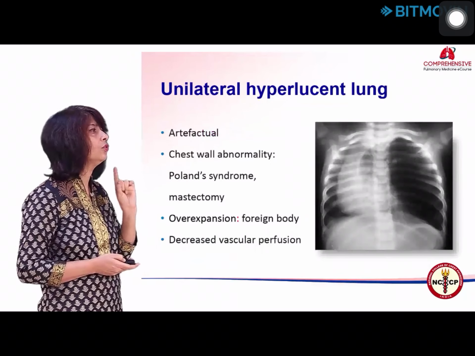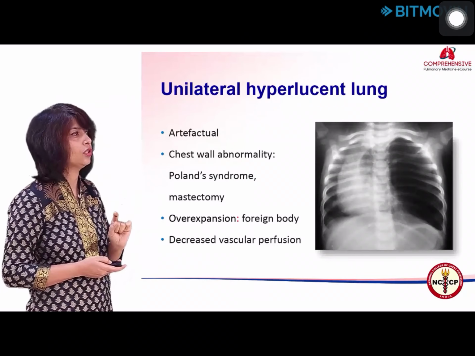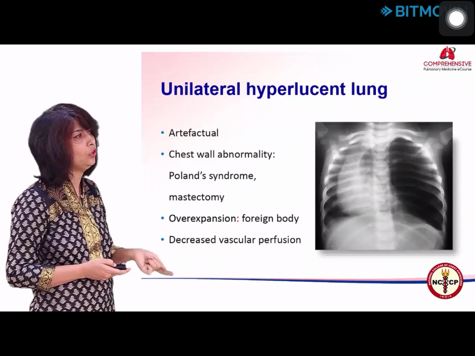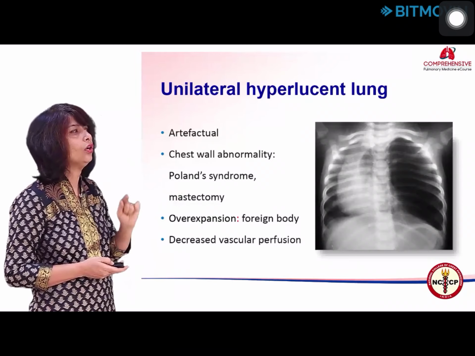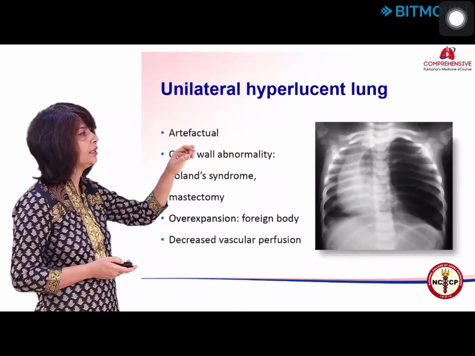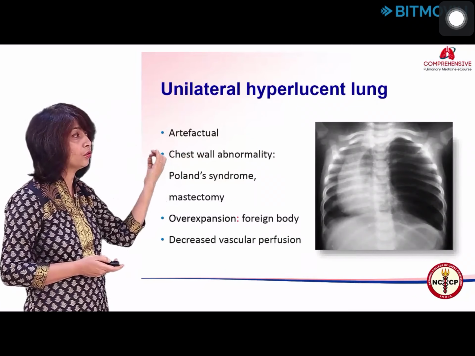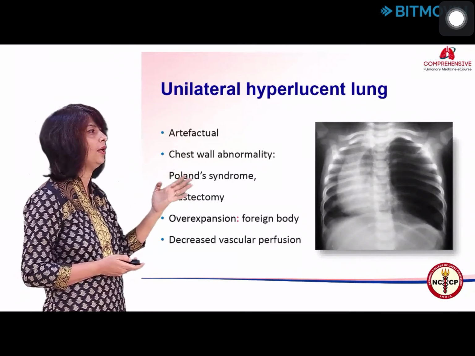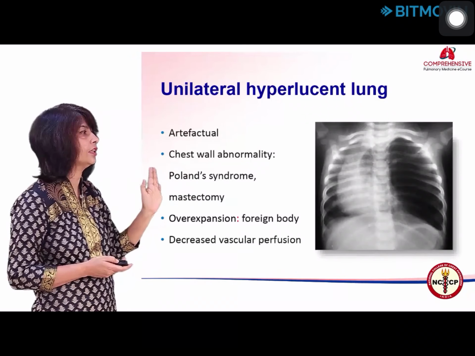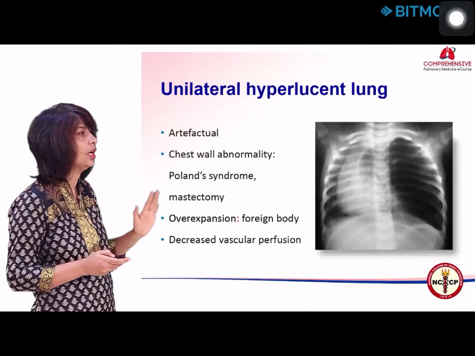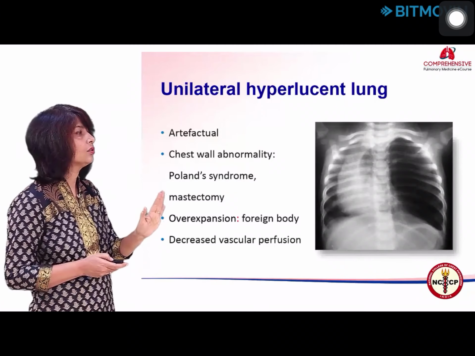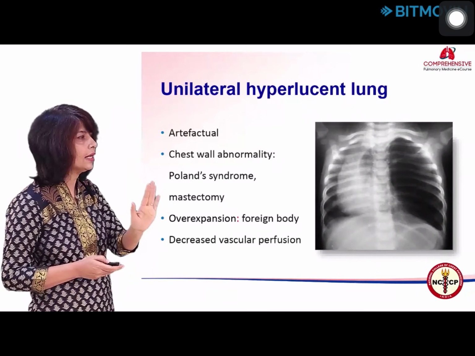Now we come to a unilateral hyperlucent lung. Again, the whole story rests on increased lung volume, decreased lung volume, or normal lung volume. First you have to remember that it can be artifactual, like because of rotation. It can be a chest wall abnormality like Poland's or mastectomy, which you rule out upfront, by checking whether there is a history on examination. Once you have decided that the pathology is in the lung, so the increased lung volume